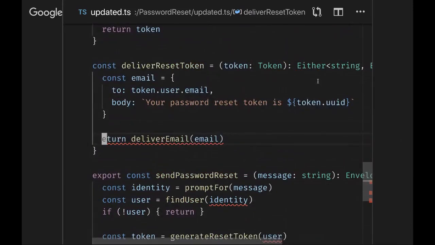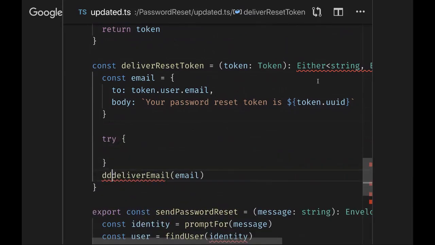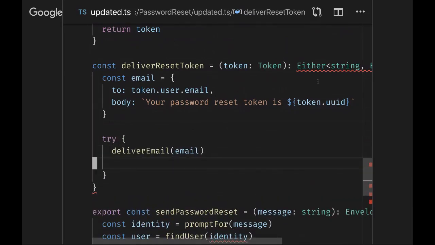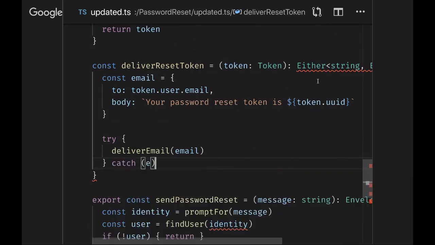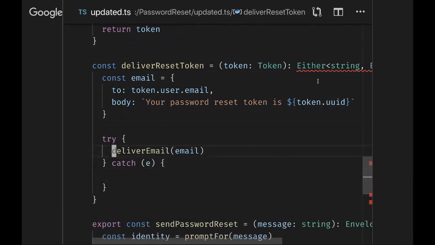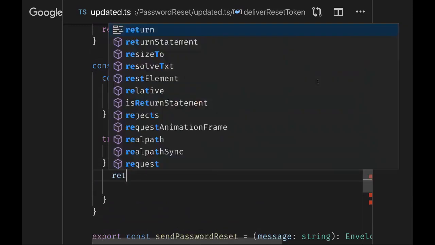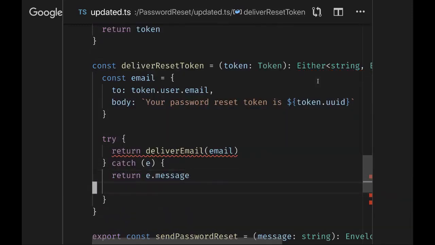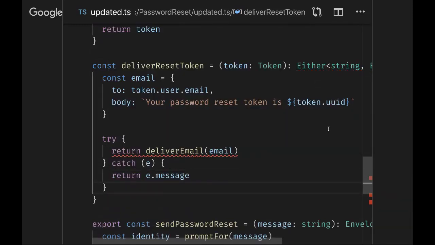And let's do that by saying try to deliver email. And if it failed, catch the error. And my thought is that, although again the compiler will yell at me and say you have to indicate this was a right, and this was a left.